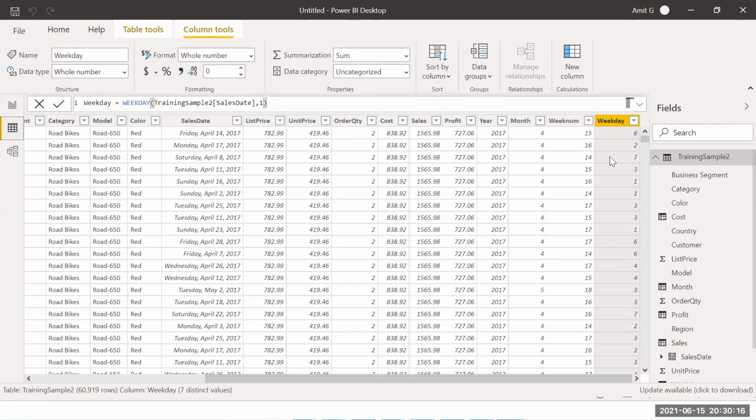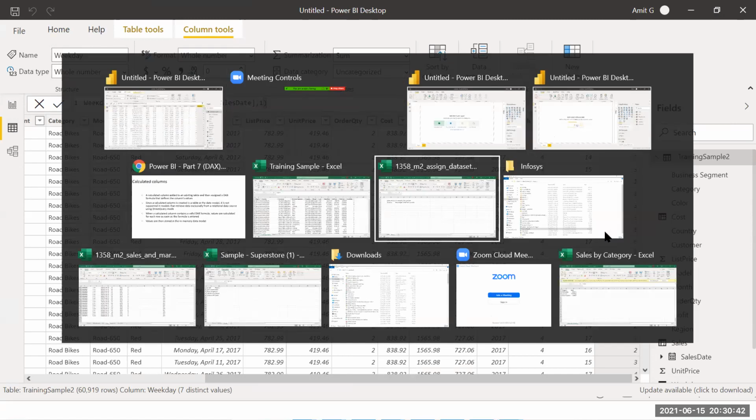Now see over here, the month numbers and week days are coming in the form of a number. Suppose you have to make a chart where you have to show monthly sales. Definitely if you show those months in the form of numbers, it will not look good. So if you want to extract those months in the form of names, like Jan, Feb, March, we have a function that we use, and the function name is format.